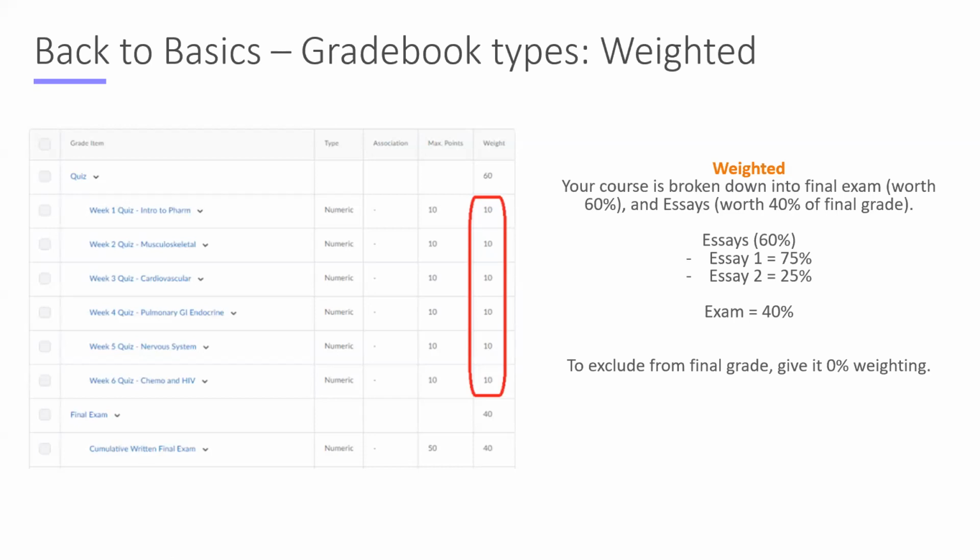So that all of those indented week 1 quizzes are within the quiz area. And those quizzes are worth 60 in total. And each of the weekly quizzes is worth 10 of that 60. So another example, even: your course is broken down into a final exam, which is worth 60% of your final